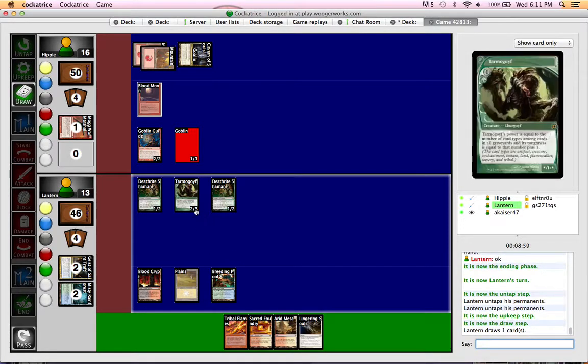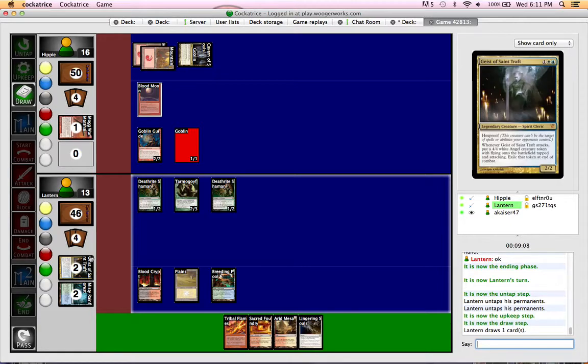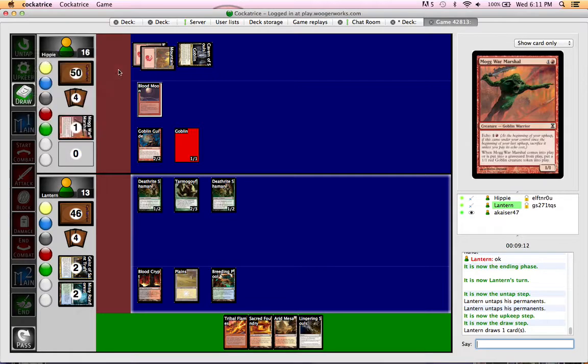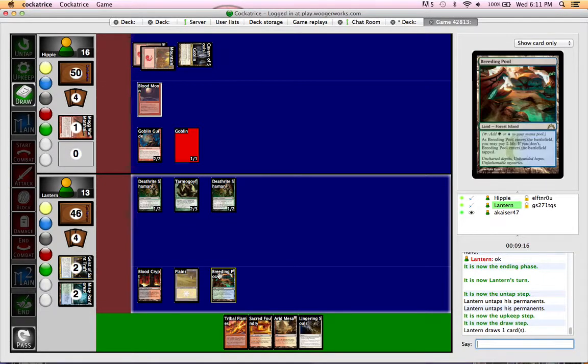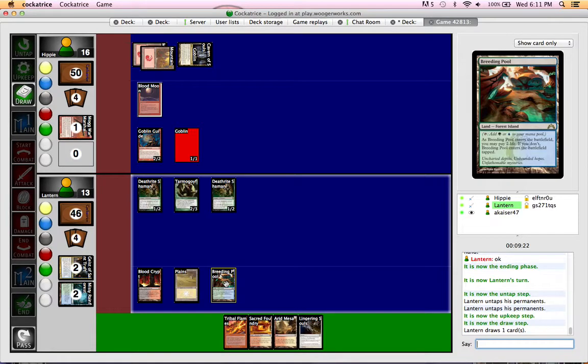Ha! Lingering Souls. Hilarious. I still have access to all the colors I need with my land in the graveyard. I don't want to use it right now, though. I don't want to Tribal Flames here either. But what I will do is...